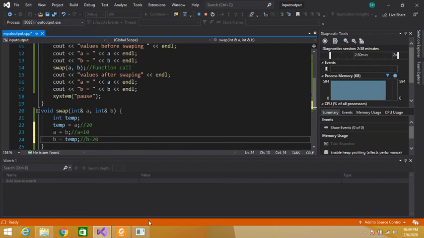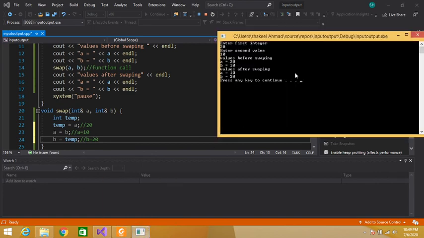So see here. Now the control will come to the closing brace of this swap function. The control will jump back to the place where we called it and start the execution after this function call.